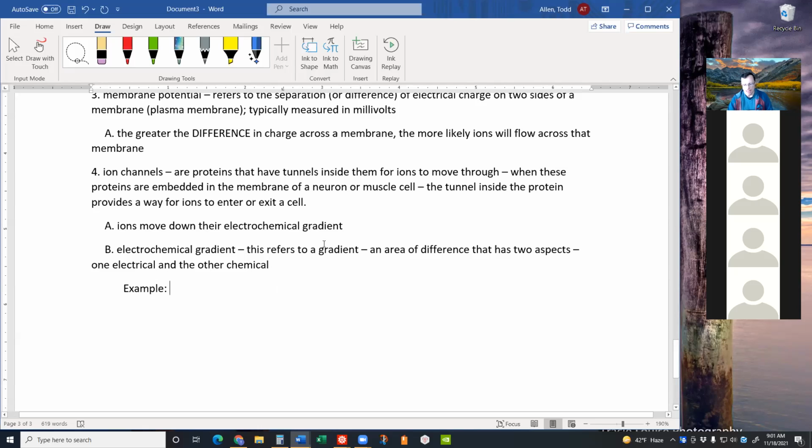If on one side of a plasma membrane we have 100 sodium ions, which have positive charge, and on the other side of the membrane we have 25 sodium ions,